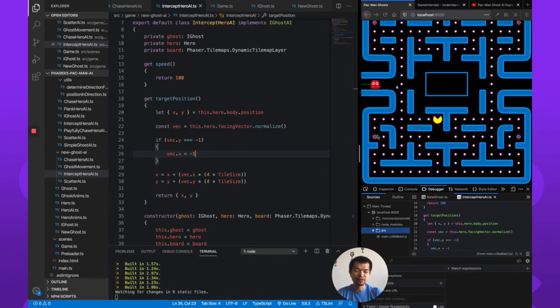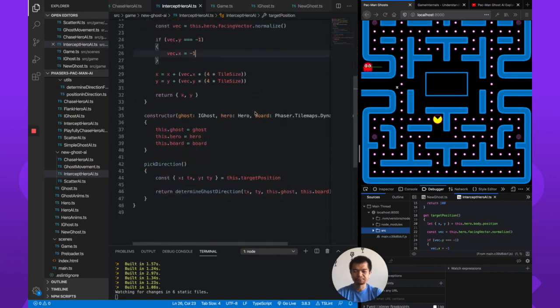Now, in the last video, we solved the bug at the end. It took maybe 8 minutes longer than we needed. And we implemented Pinky's AI, even though this is Blinky. Pinky's AI, we call it the Intercept Hero AI, which is right here. And then we saw this bug here that the ghost is not wrapping around the screen like Pac-Man does. So first, let's fix this bug, and you'll see we also implement